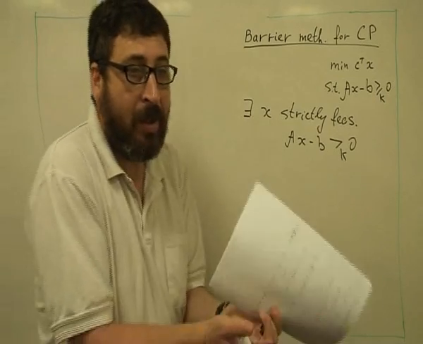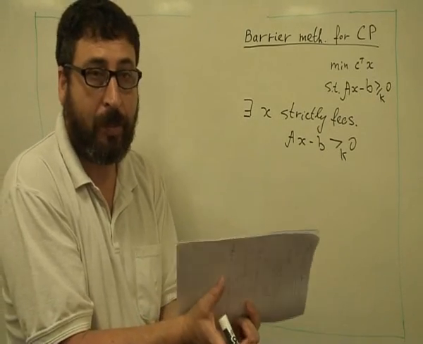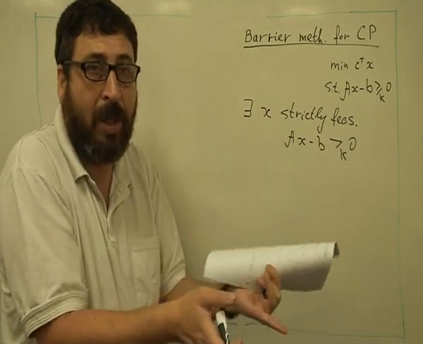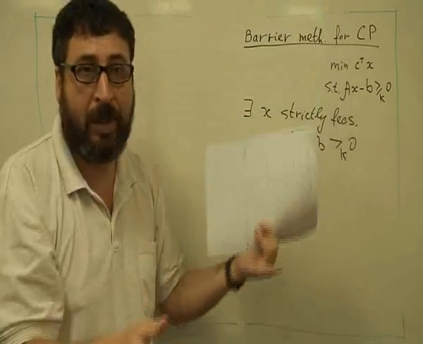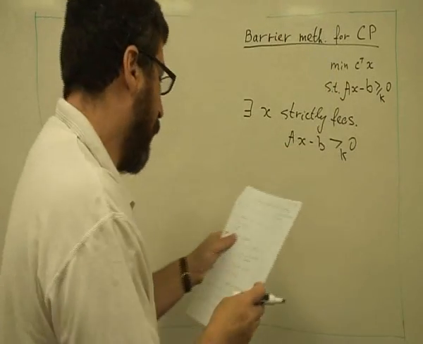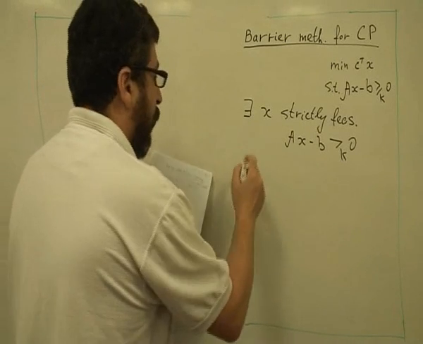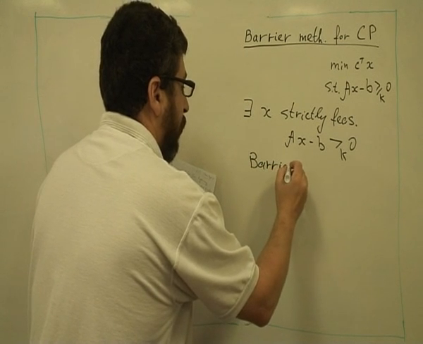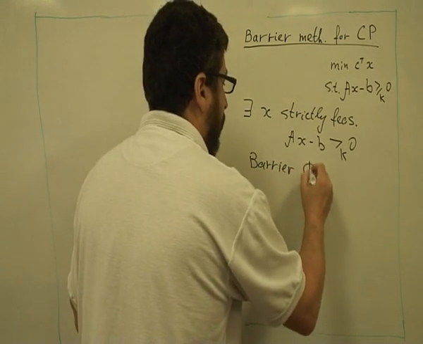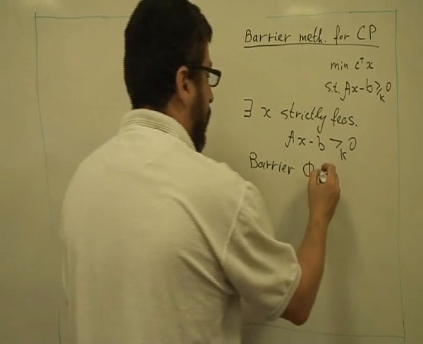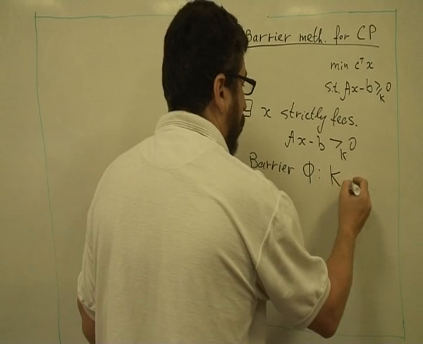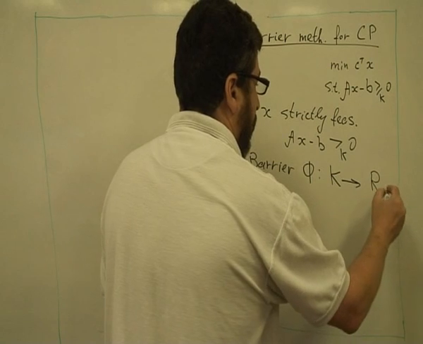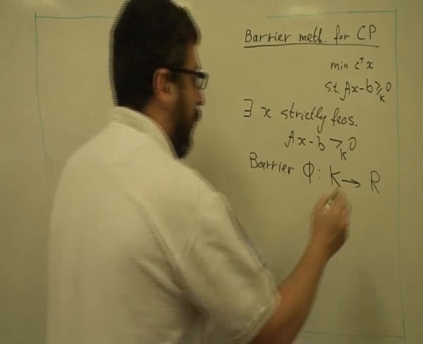So then we can define a barrier function which will have some moderate value inside of cone and grow to infinity towards boundary of the cone. So we will define barrier, some function phi, which acts from the points in the cone K to real axis, K to R,